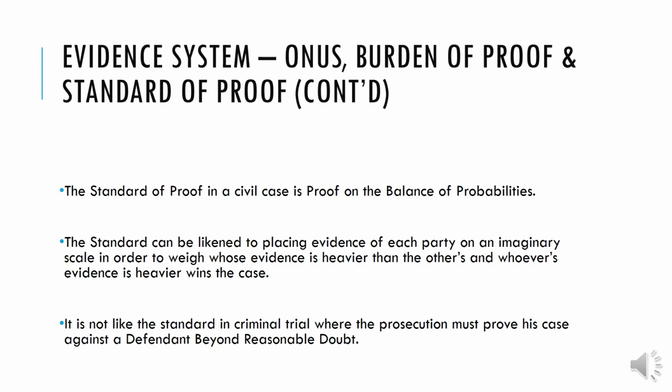So standard of proof in a civil case. Standard of proof in a civil case is on the balance of probabilities. So it's just like the court looking at which of the evidence of the two sides is more believable. If the court believes the evidence of the claimant more than the evidence of the defendant, based on the quality of evidence that has been given in court, either by the claimant and his witnesses, if there is any, and even the evidence of the defendant, where the defendant is also conceding to some